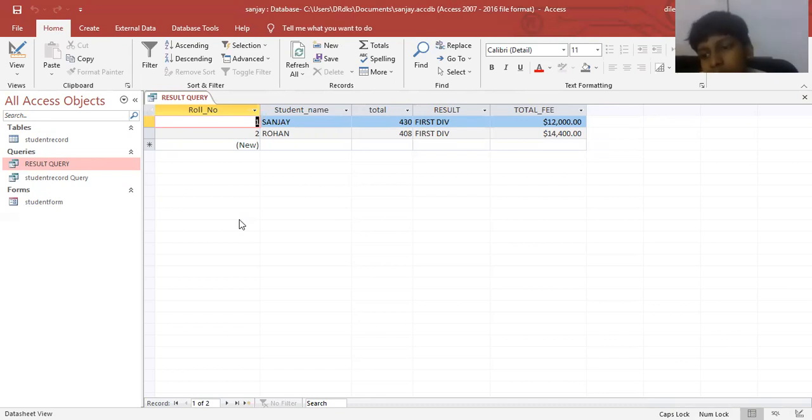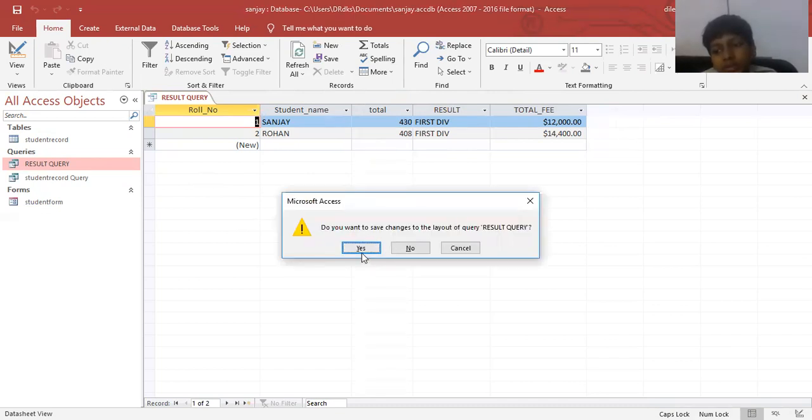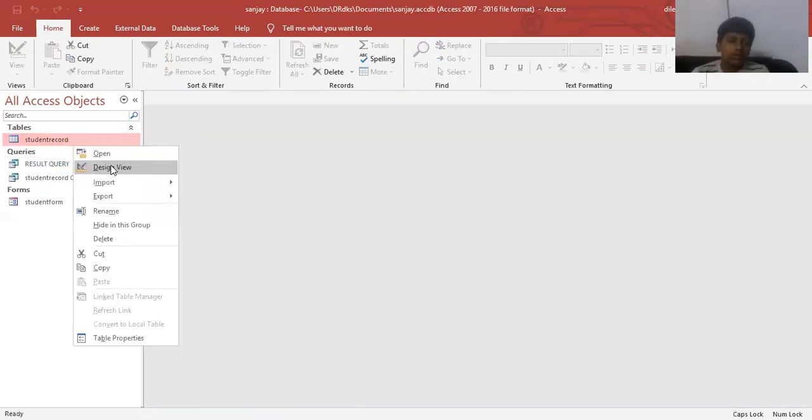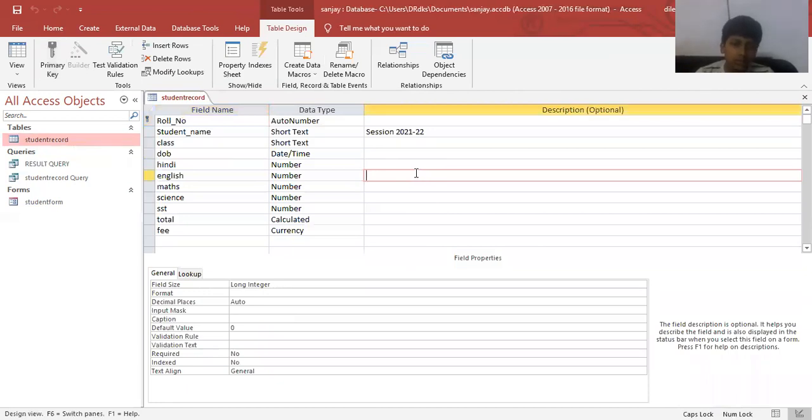Just do this process. If you have any query or any problem, just ask me. First, press Windows plus R and just type MS Access to open the MS Access software. Just see there what we type here. First press Windows plus R, and after that, type MS Access like this. You will get the MS Access software open on your screen. Clear?